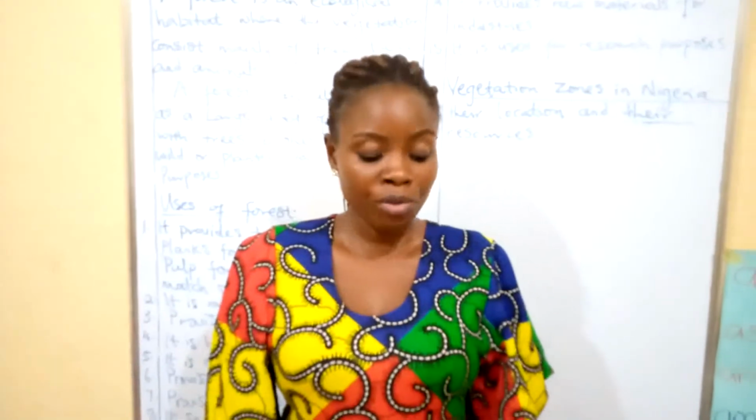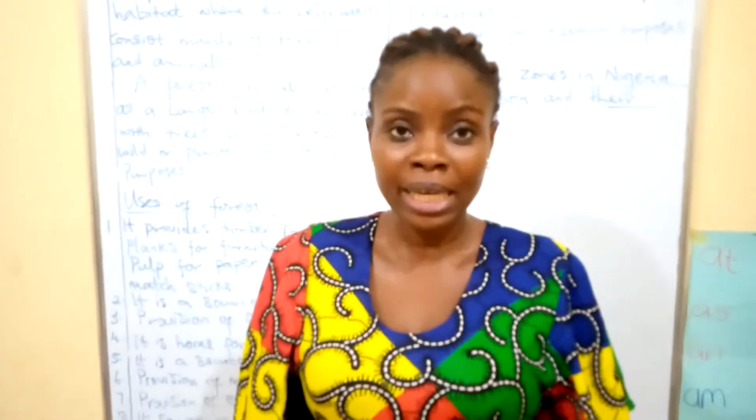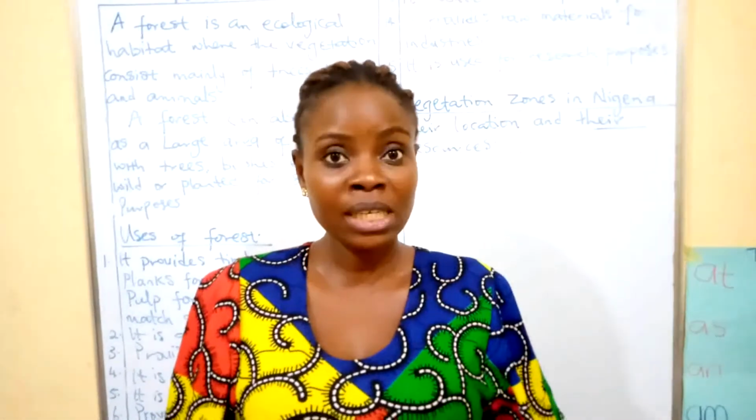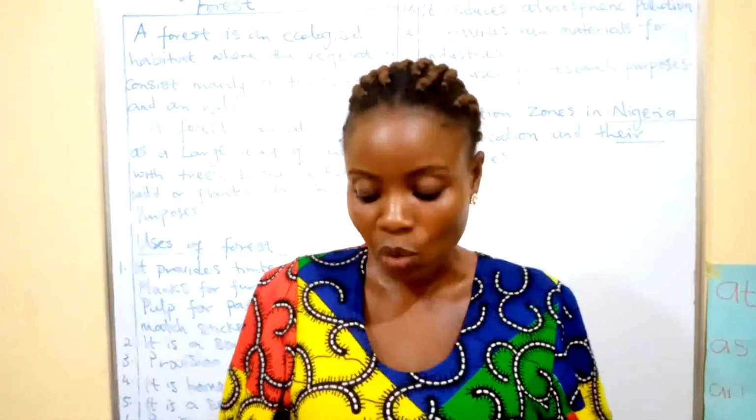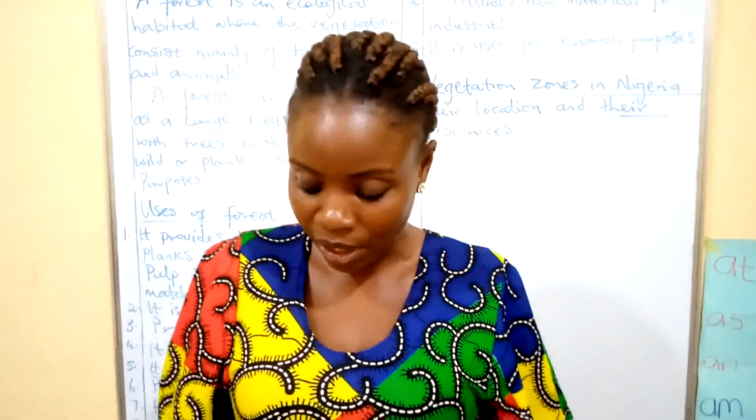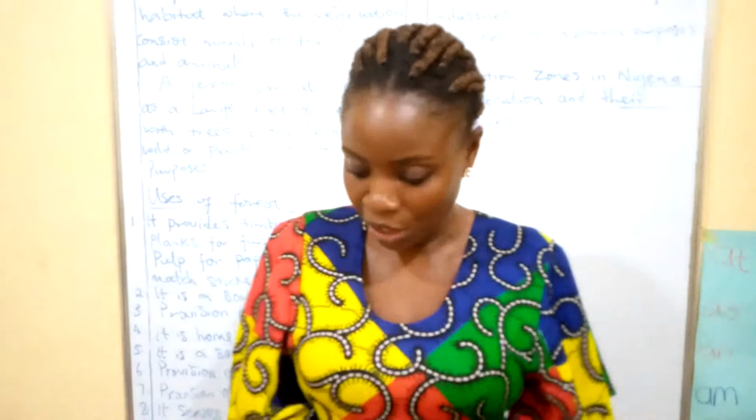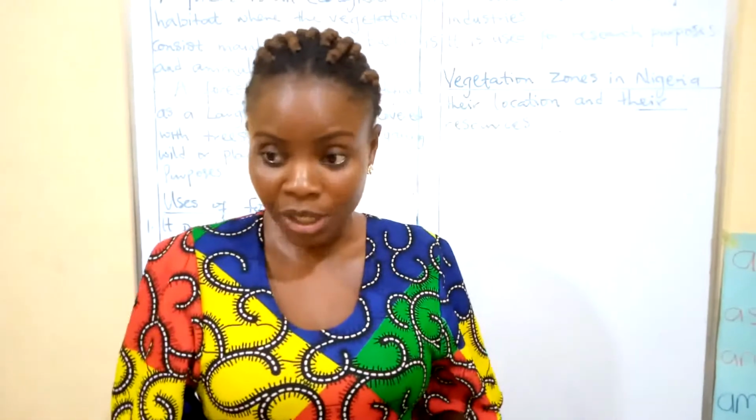Okay. Moving further, we have the Guinea Savannah. That is under the Savannah zone. I told you previously that we have the forest zone and the Savannah zone. So we have done explaining the forest zone, the two zones we have in the forest zone. We are moving over to the Guinea Savannah zone. Now, we can find the Guinea Savannah somewhere around Enugu, Lokoja, Ilorin, Makurdi, and Osogbo, and some other places I have not mentioned here.